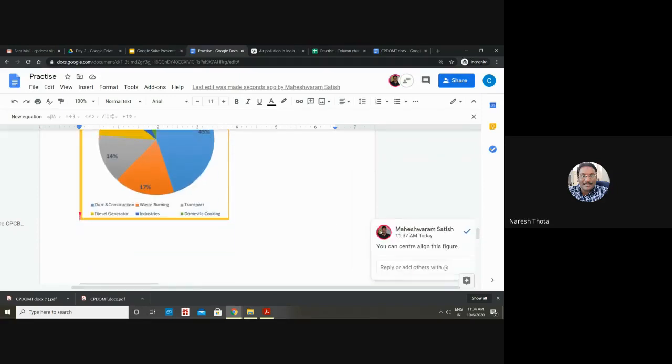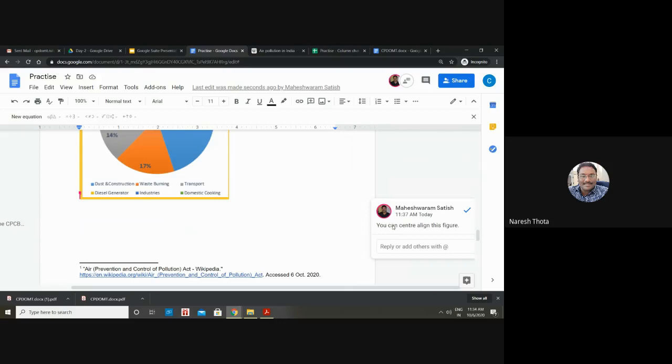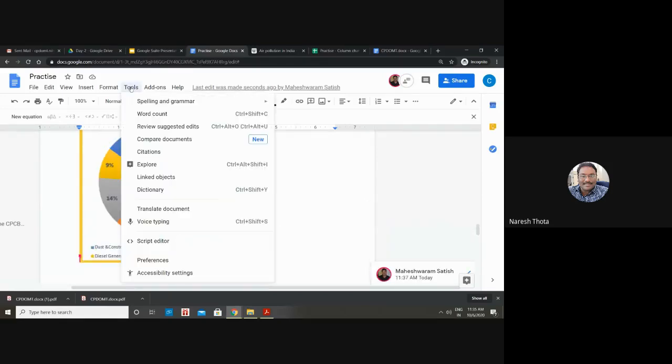So you see, for the thing that I have said, he has replied, you can center align this figure. That's how I immediately got a response on the document. Okay, so I can reply to the same comment. So you can collaborate this way with your students. Usually in Microsoft Word, we make some changes, put in a version with track changes and send it to the students while we are writing journals or some kind of reports. But in Google Docs you can do it simultaneously.